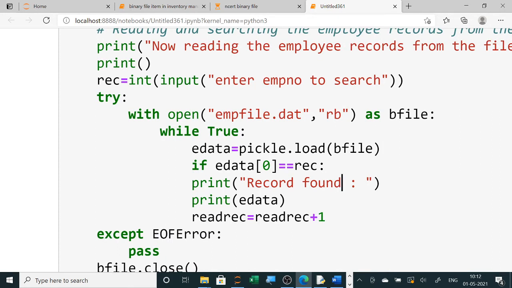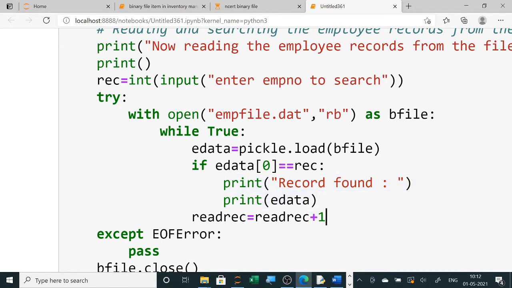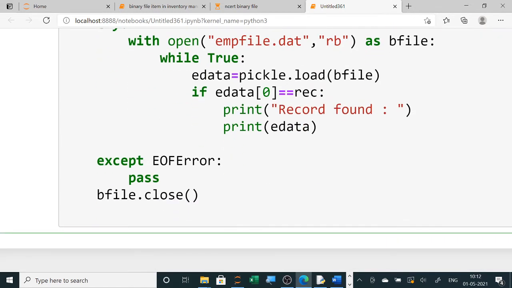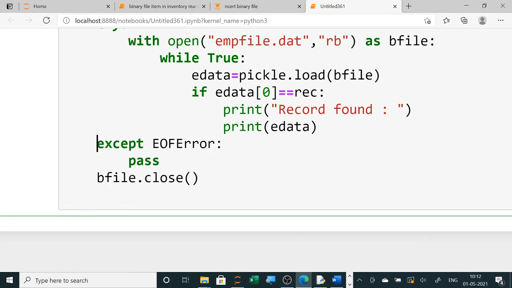So this will be inside if. So this I am indenting inside if. I don't require this one, so I am removing it. And in except block you have to, so this, yes. So this is over.